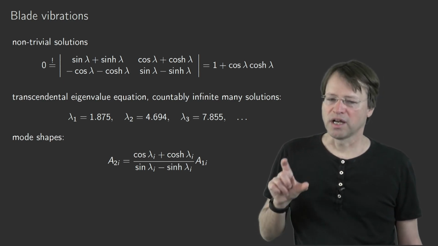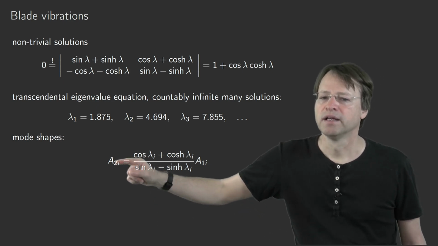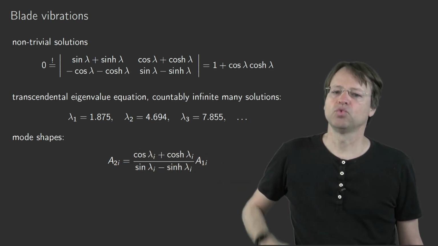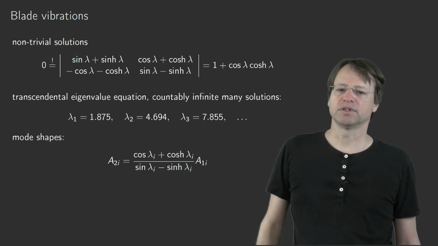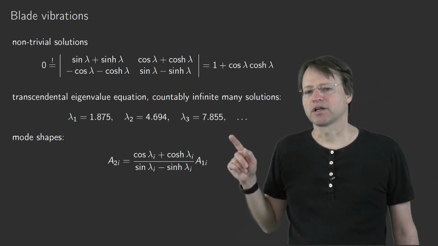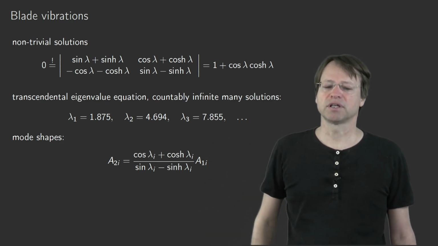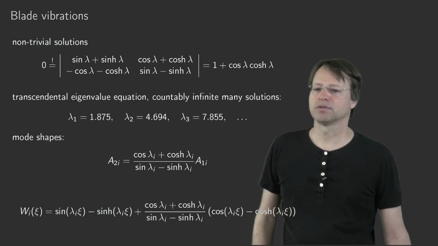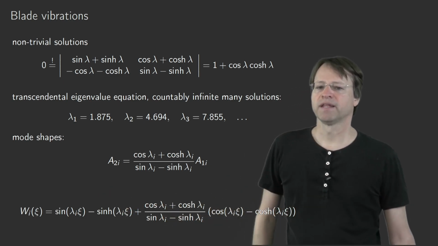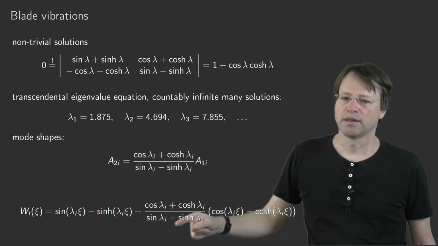So for each eigenvalue I get a mode shape, and for each eigenvalue the relation between A2 and A1 is therefore different. So in order to get now the mode shape, the function W sub i for eigenvalue lambda sub i, we have to insert everywhere, of course, an index i, and then we have to insert for A2i